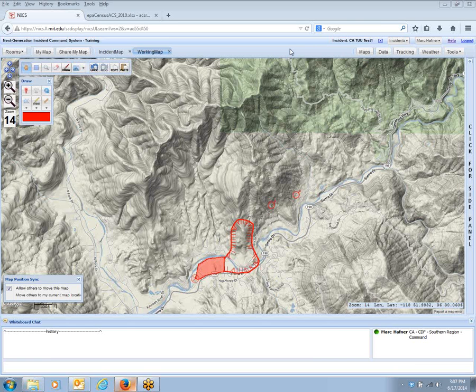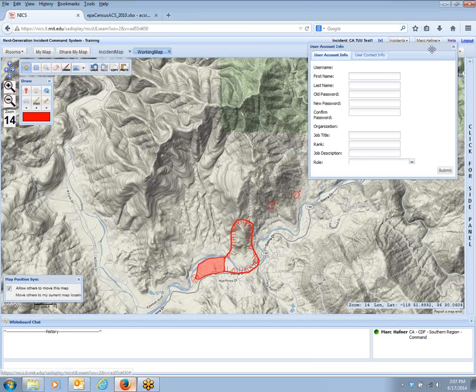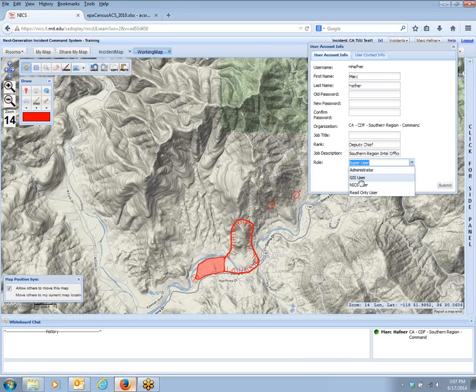I'm going to show you how to import a file in Nix. It's important to remember that if your user roles are not sufficient for importing, you won't be able to. You need to be at least a GIS level user or an administrator, and you should be able to import